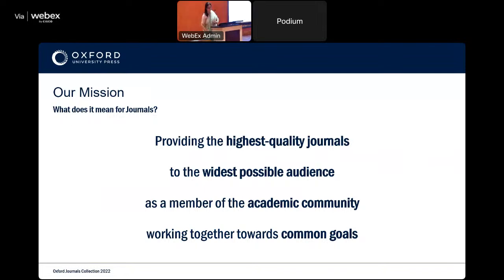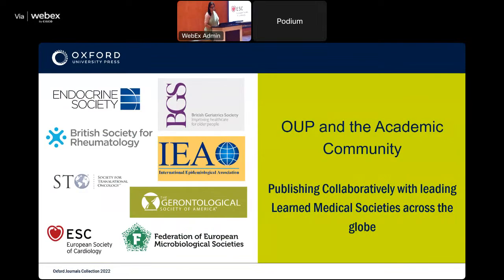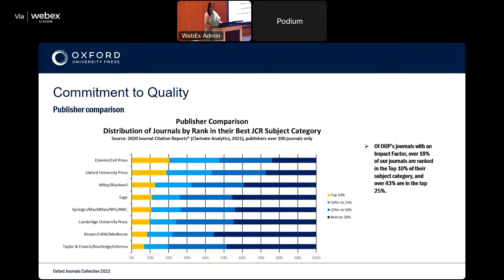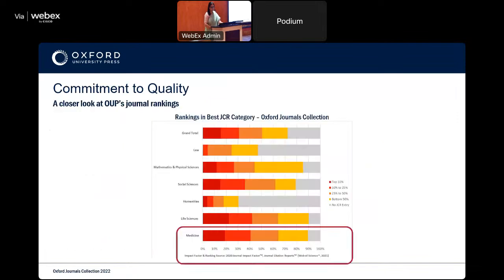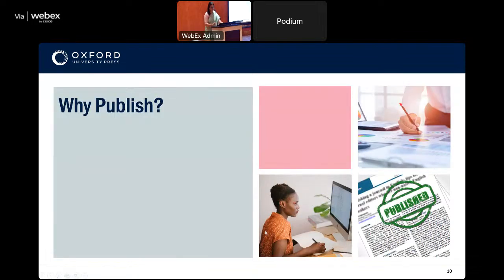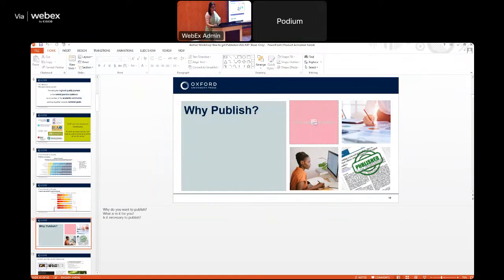This I have already explained. Now, these are some medical, because for this slide I had to share a presentation which was used for a medical institution. So these are some of the learned societies we partner with. And I would want to skip this slide. So before I continue with the presentation, I'd just like to give you a live demo of our site.